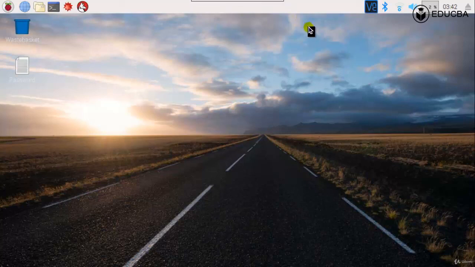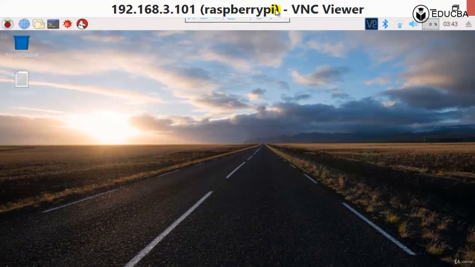Now, I'll tell you something about what I am doing in this particular thing. If you have a look out here, I'll just exit this full screen. I have just made my Raspberry Pi screen visible to you. So you may be thinking that I've connected my Raspberry Pi to the monitor, but in fact, no. I am seeing it from my Windows desktop, and from the Windows desktop, I have my Raspberry Pi. Are you able to